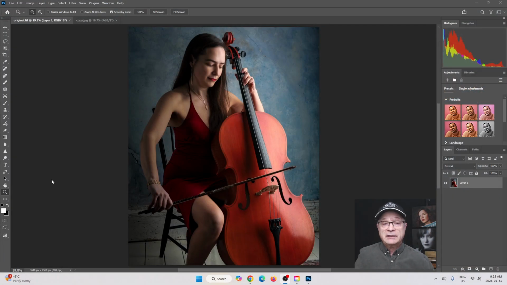Okay, so here's a photo of a cellist, and this was a photograph that I did over at Kate's place. Kate's my photographer friend, used to be the co-host on the show, and we talked about doing a collaborative kind of photograph.